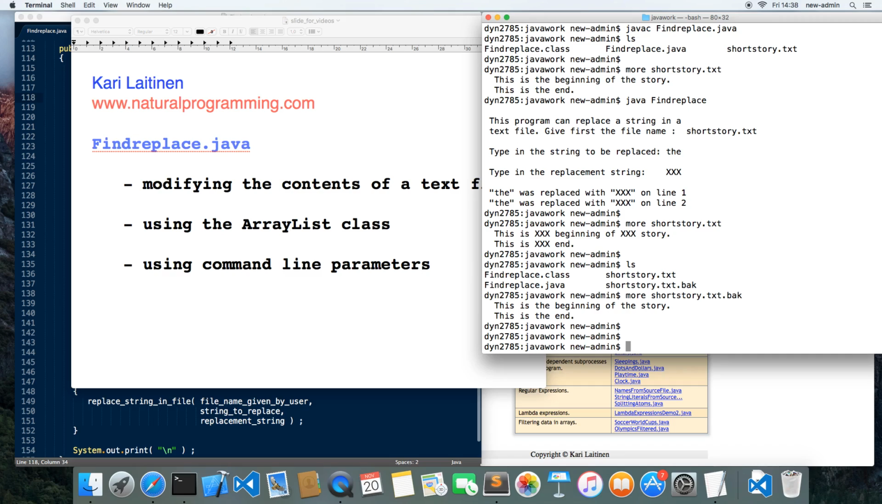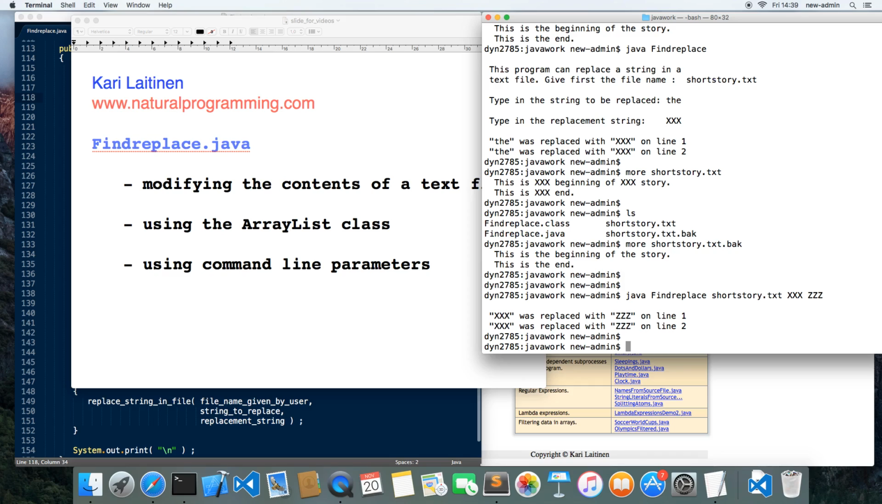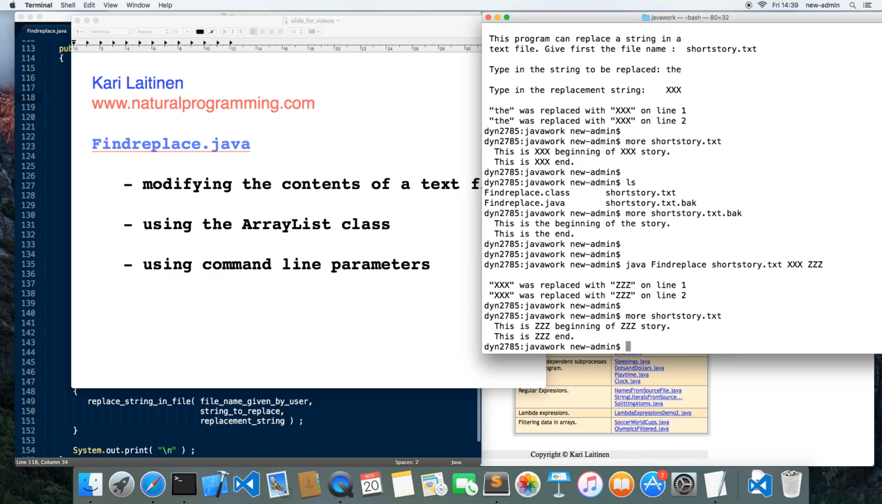And there is also an easier way to run this program, so that it can be commanded on the command line, and that means that I can give on this command line the file name and the string that needs to be replaced. So I can, for instance, command it like shortstory.text, and well, let's then replace the string xxx with zzz. So this is a shorter way to run the program, and it again says that it made the replacement, and we can check it, and it seems to work. So there is a shorter way to